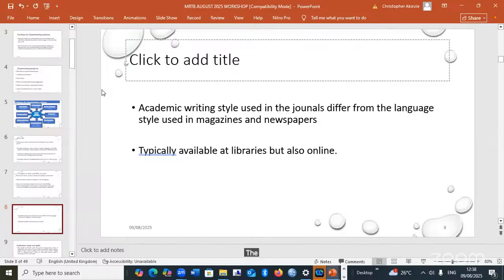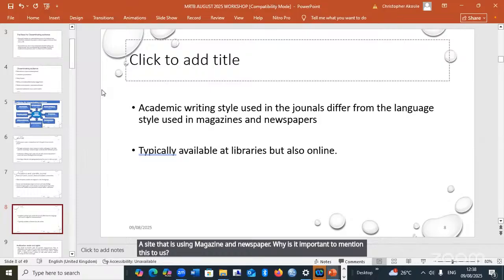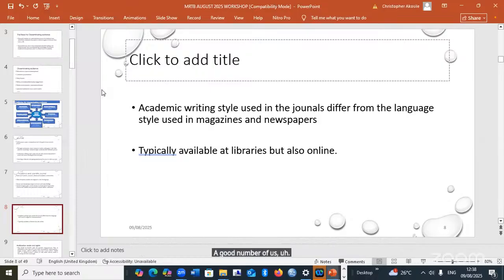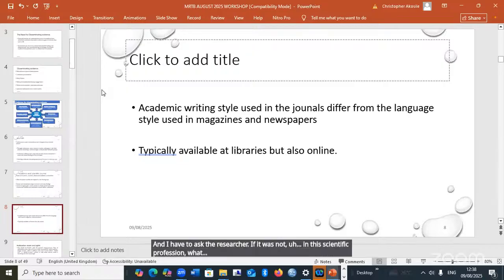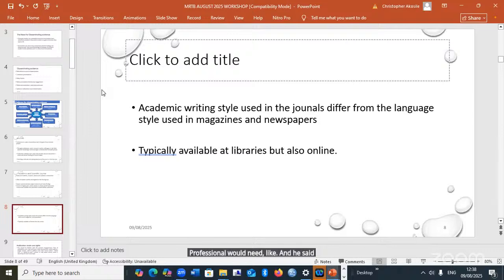The academic writing style used in journals is far from the language and style that is used in magazines and newspapers. Why is it important to mention this to us? A good number of us are often journalistic in our writing language. I recently examined a PhD, and I had to ask the researcher, if he was not in this scientific profession, what profession would he like? And he said he would like to be a journalist. And I had to tell him that your writing style reflected that. You are writing more like a journalist than like a scientist.